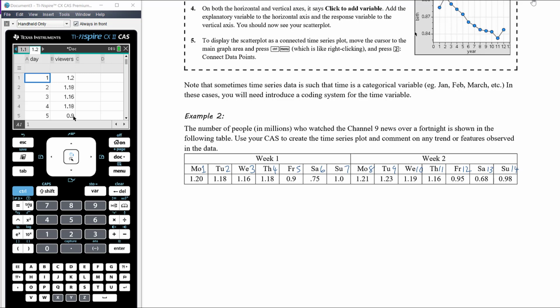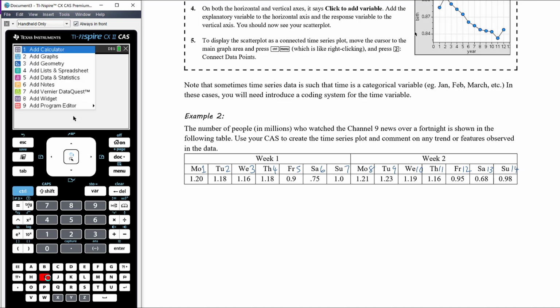So I've entered in the days as the first variable, and then the viewers, so this is number of people in millions who watch Channel 9 over a fortnight. Okay, so we've got the day number and the viewers in millions. All right, so then if we have a look at the scatter plot of this, so let's insert a